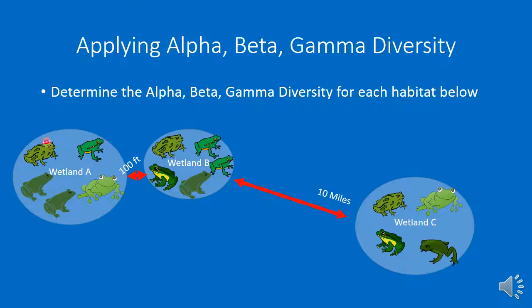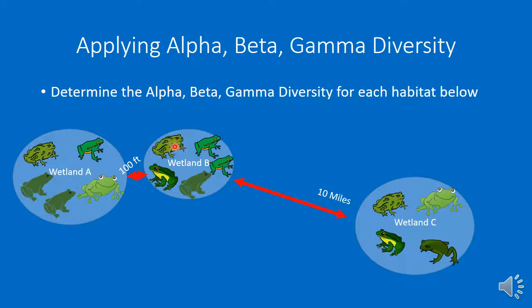Okay, so we've got wetland A here, and we've got 1 frog, 2 frog, 3 frog, 4 frog. So we've got 4 different kinds of frogs in wetland A, right? So we're going to have a richness of 4, our alpha diversity of 4 here. And then wetland B, we got 1, 2, 3, 4. We also have 4 different ones here. So we got alpha of 4, alpha of 4. Our beta diversity between wetland A and wetland B,